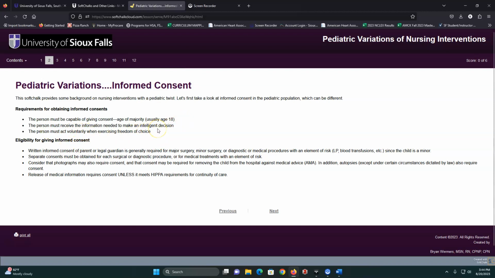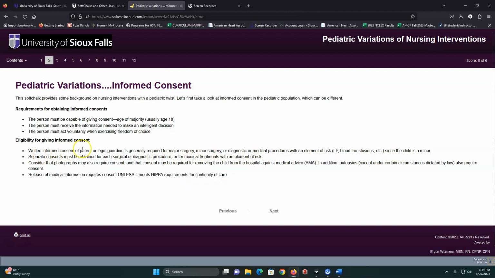What happens if most pediatric patients would prefer not to be in the hospital? With these consents, yes, we need to obtain it from the parents or legal guardian. If there's an emergency situation, of course, we act in the best interest of the patient, and at that point we wouldn't necessarily need consent. But when we can, we really do try to do these things.